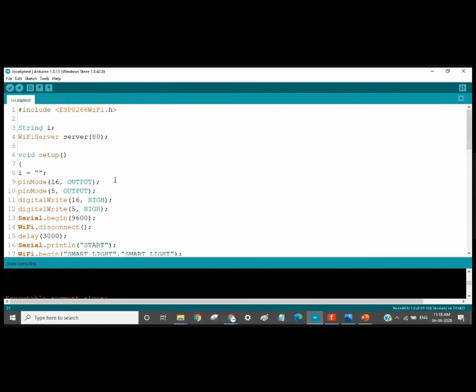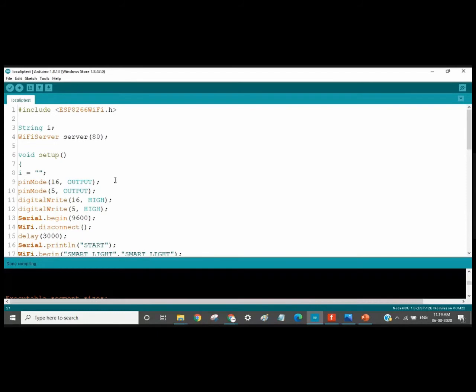But for example, if your device doesn't have a Wi-Fi, it only has a Bluetooth in it. So what you can do is you can use a hub. For example, an Amazon Alexa, right? Or a Google Home Assistant can also be used as a hub. That means your phone will be connected to the Google Assistant or the Amazon Alexa through Wi-Fi, and then the device will be connected through the Bluetooth. So first you are commanding the Amazon Alexa to do something, and that will in turn send that command to the device. So in that case we are using the hub.